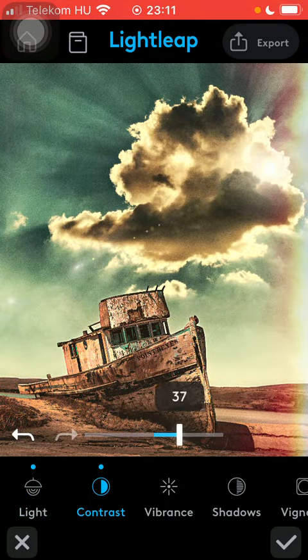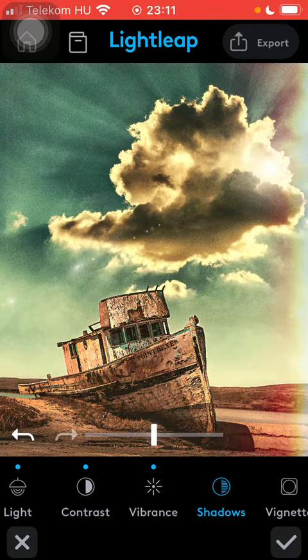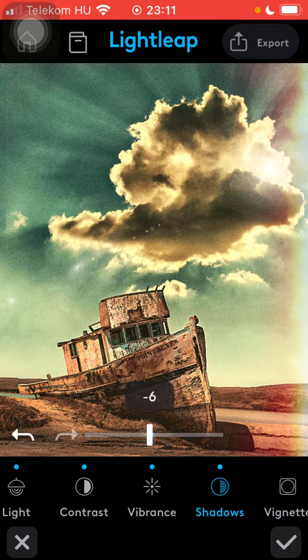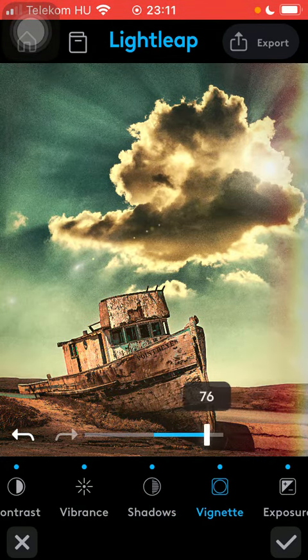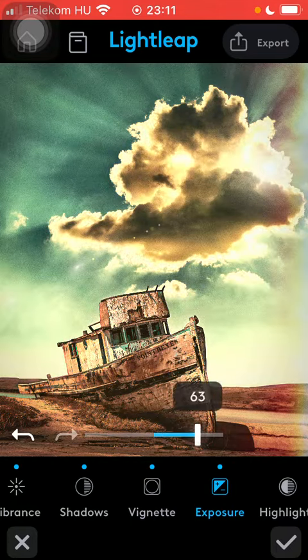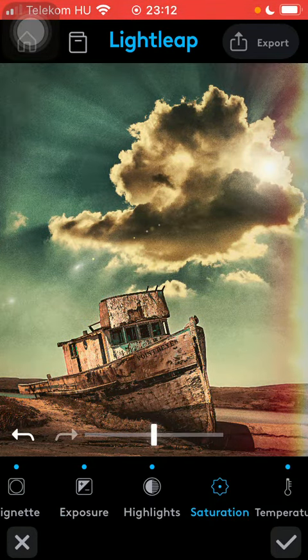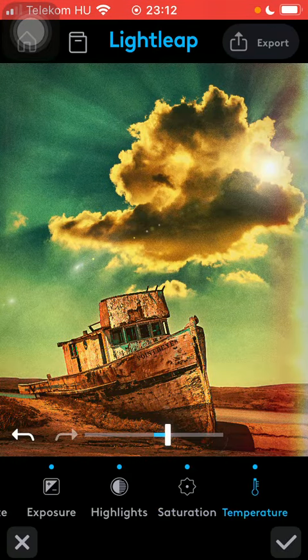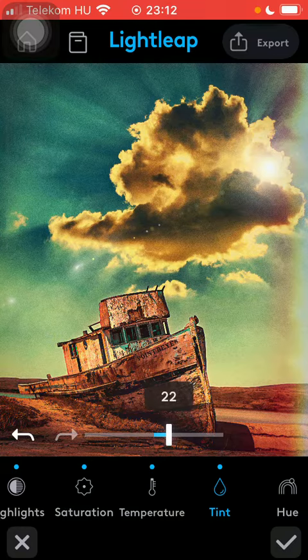Then you can do the same on the contrast section. Then you can set the vibrance. The shadows can be adjusted by the help of the slide and the vignette too. The exposure can be set, such as the highlights, the saturation, the temperature, the tint, hue,